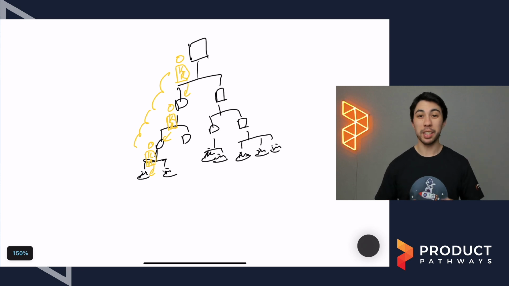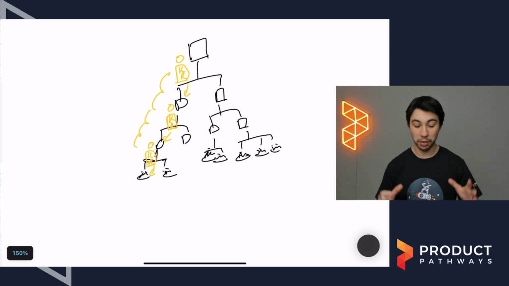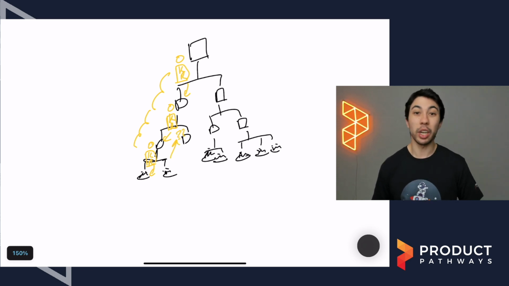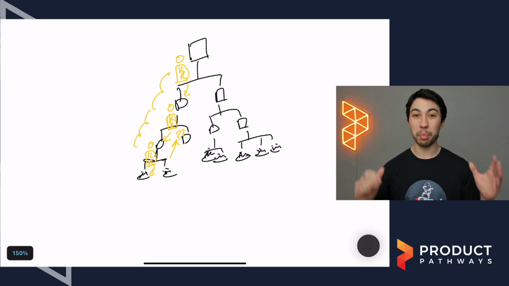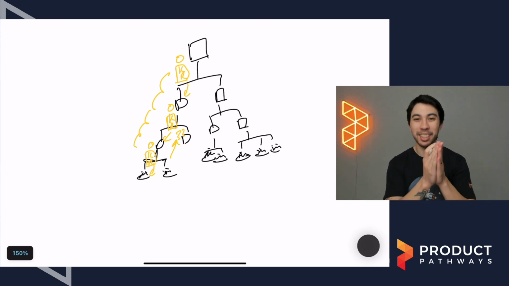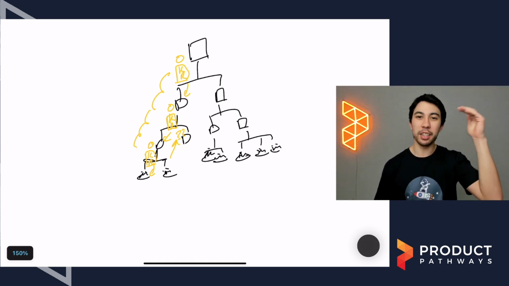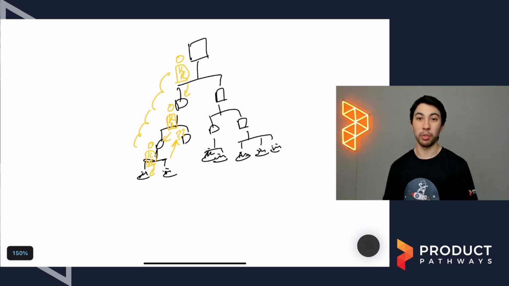But there are many problems with this. Some of the problems are that there's very little autonomy and empowerment inside this, right? We're essentially standing there waiting for the person above us to tell us what our objective and key result is going to be. Now, this looks great from a planning point of view. You can have this nice linear plan that says the person at the top sets their OKRs, then the next layer sets them, and then the next layer sets them. And this looks great from a planning point of view.